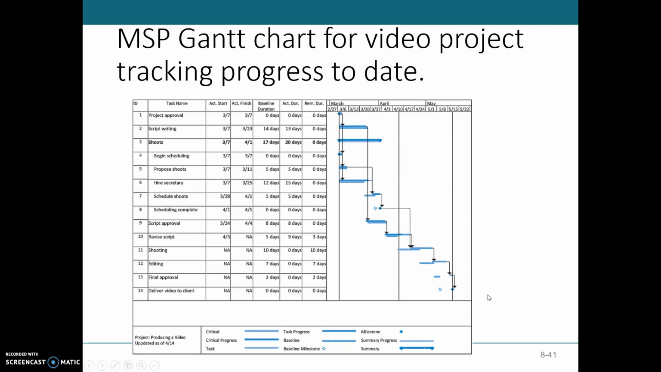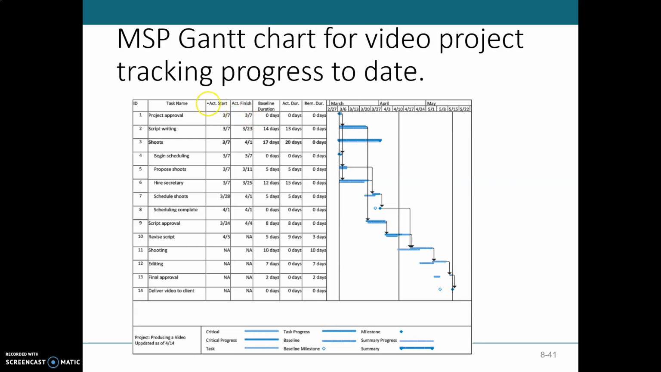Okay, similarly, Microsoft Project can also be used for tracking the progress of the project. I will not go into the details of how to establish the tracking of the project's progress. This will be done in a future topic. Okay, so for this video project, you can see over here that a tracking progress view has been shown